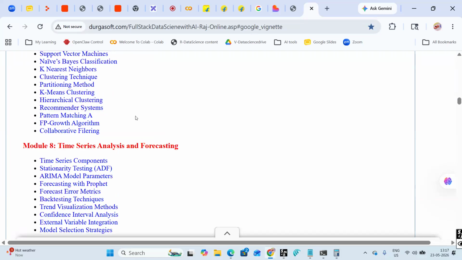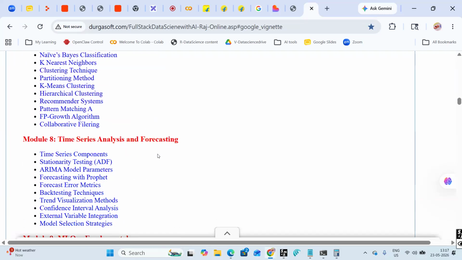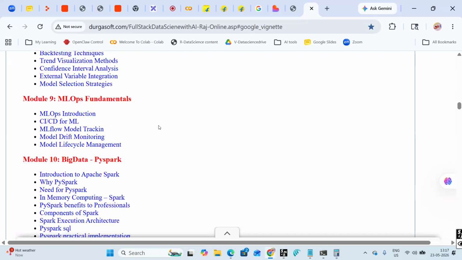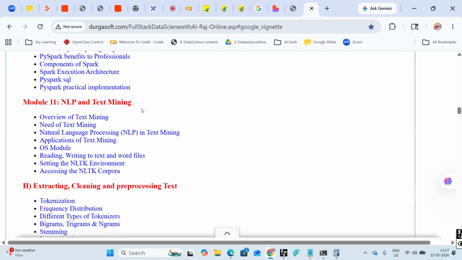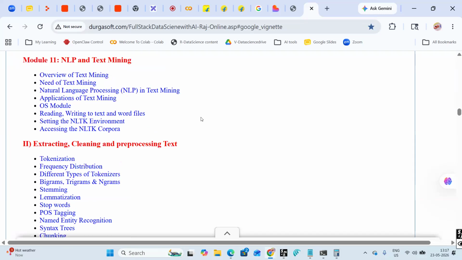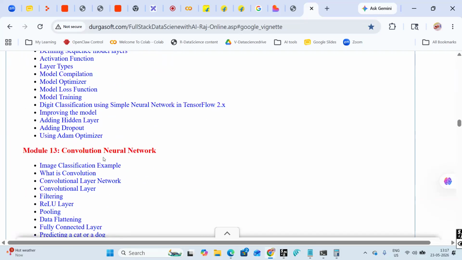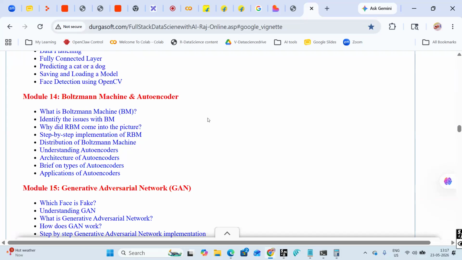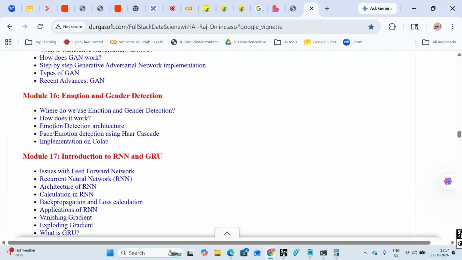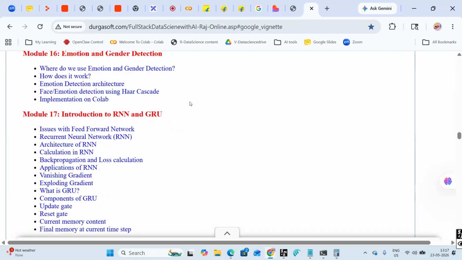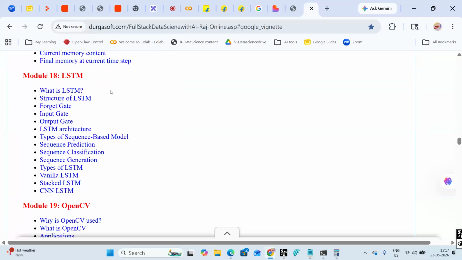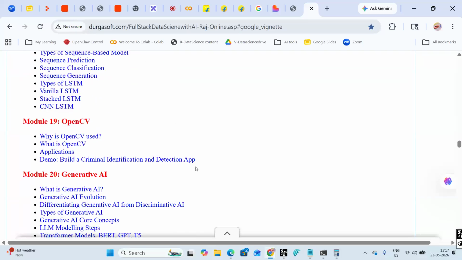Then we will cover machine learning and time series analysis, MLOps, big data, NLP and text mining, natural language processing, deep learning, TensorFlow, convolution, Boltzmann machine, generative adversarial network, emotional and gender detection, RNN and GRU, LSTM, OpenCV.